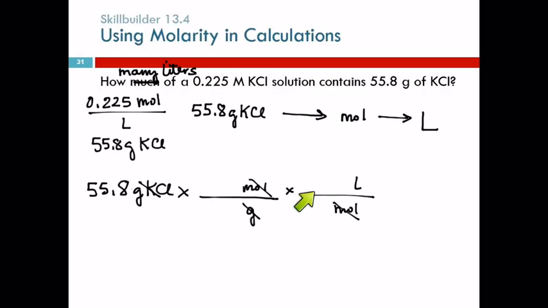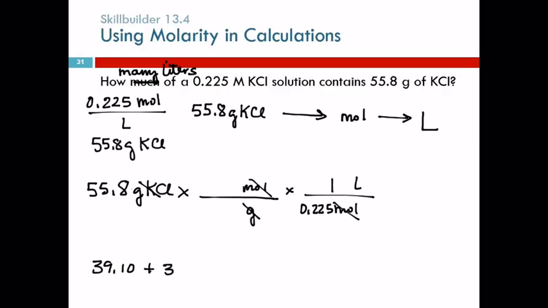And here at the end, liters and moles, that's this here. 0.225 is with moles, and so I need to put it down here in the bottom with moles. That would be 1 on the top. Molarity, no, that's not molarity. Molar mass would be